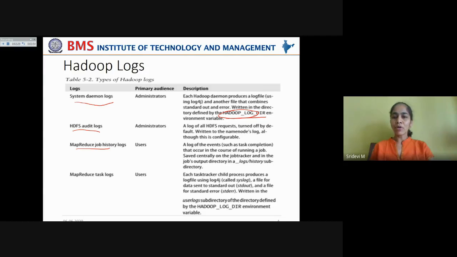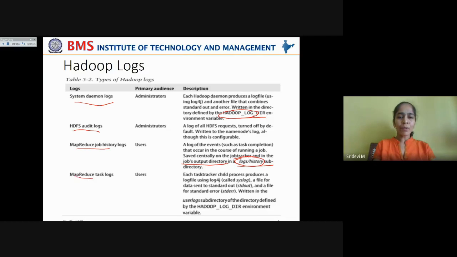All of this will be written to these logs. These are saved centrally on the job tracker and in the job's output directory in a logs/history subdirectory. So this subdirectory will be in the job's output directory, and the subdirectory is named logs history.